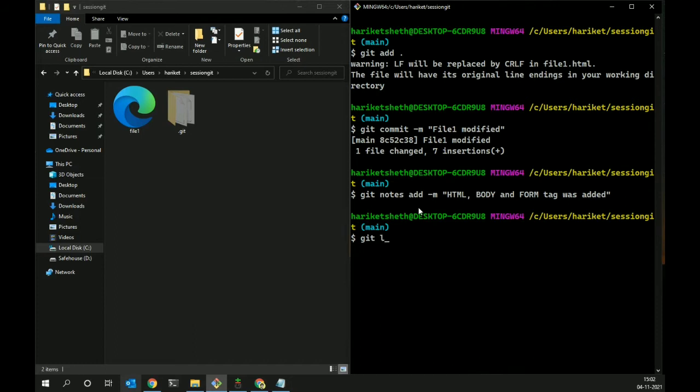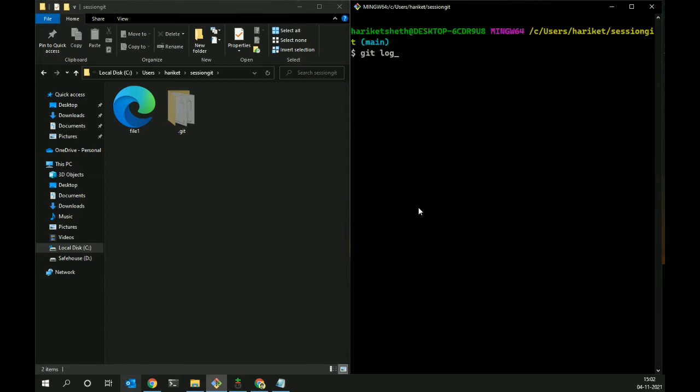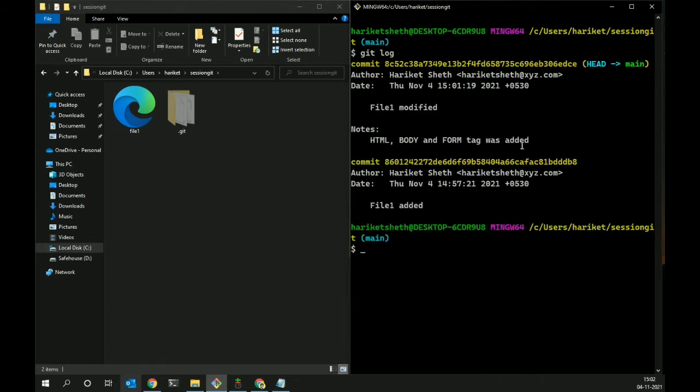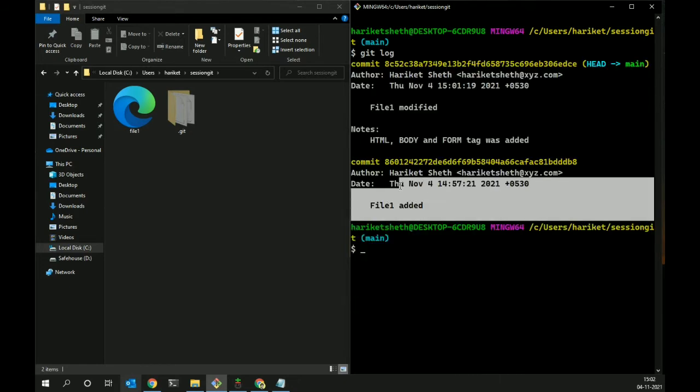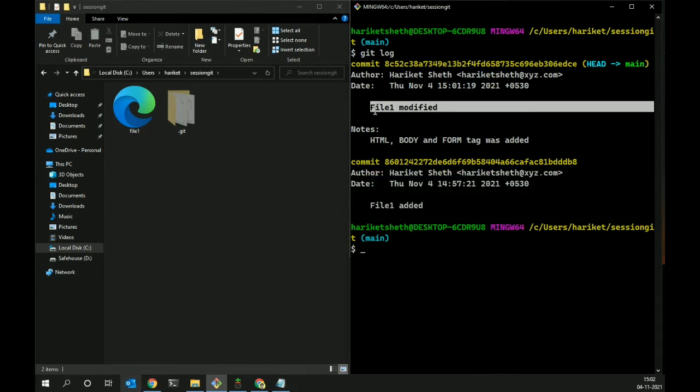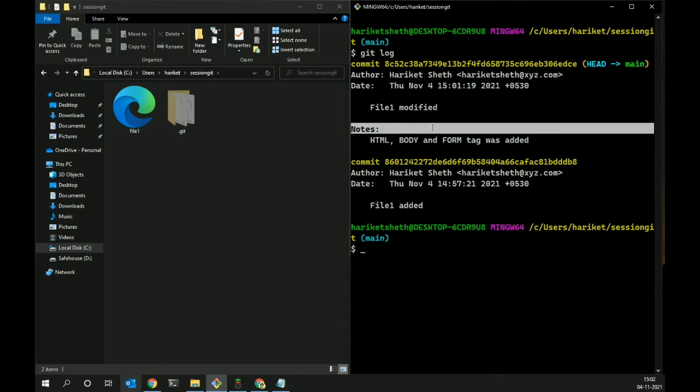Let me clear first. Now if I execute git log, you can see this was the first commit, and this is your second commit. In that you can see the commit message, and along with that your notes are also there. So this way you are making it more descriptive by adding notes.